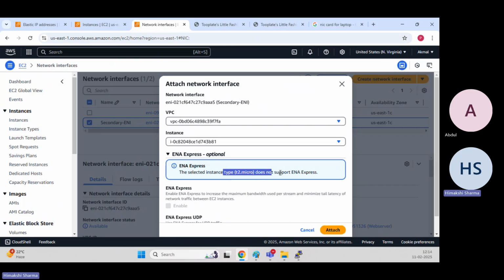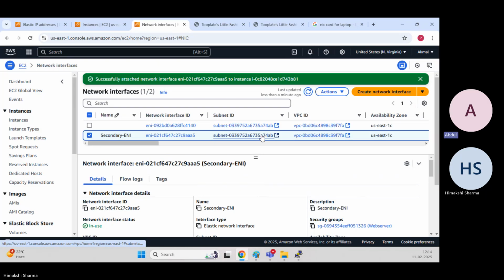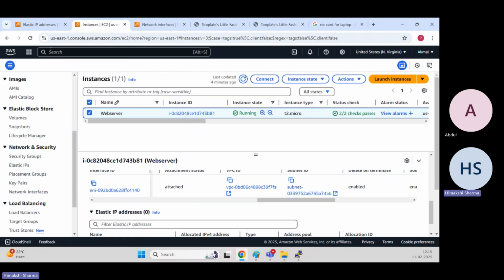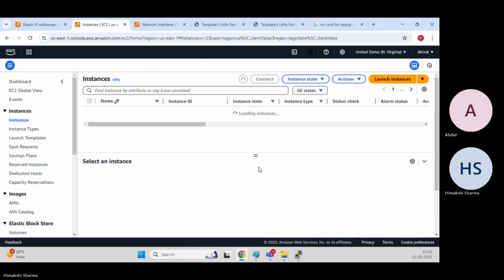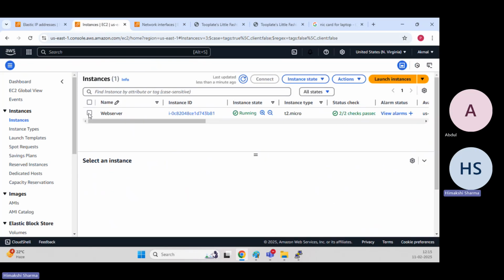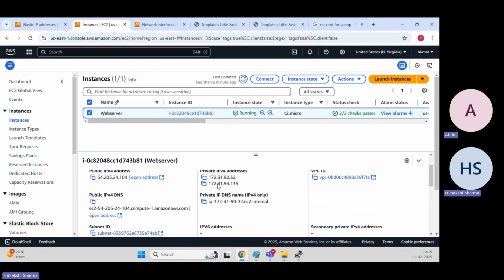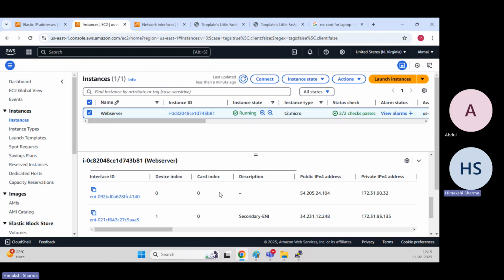The selected instance does not support ENA Express. I don't need ENA Express, sorry, so that is fine. VPC, and this is the instance ID, and I will say attach. Now it has been attached. If I go to the instance and refresh the web page, and go to networking, we can see two private IP addresses, right? The public IP is this 24.104, and